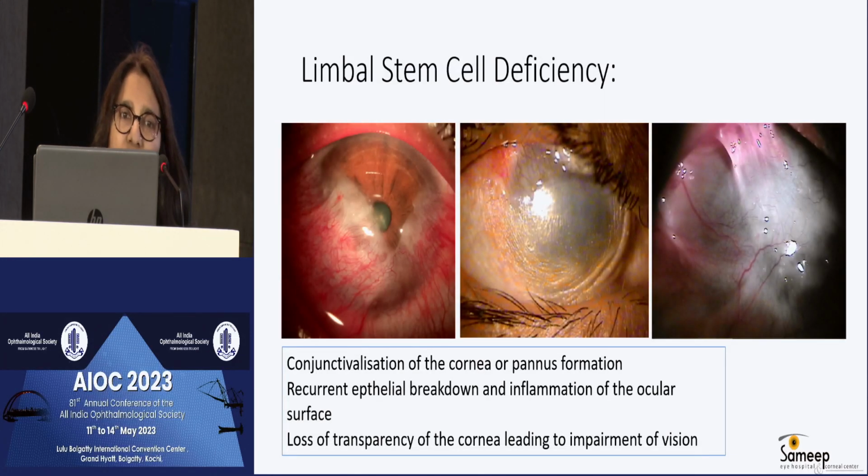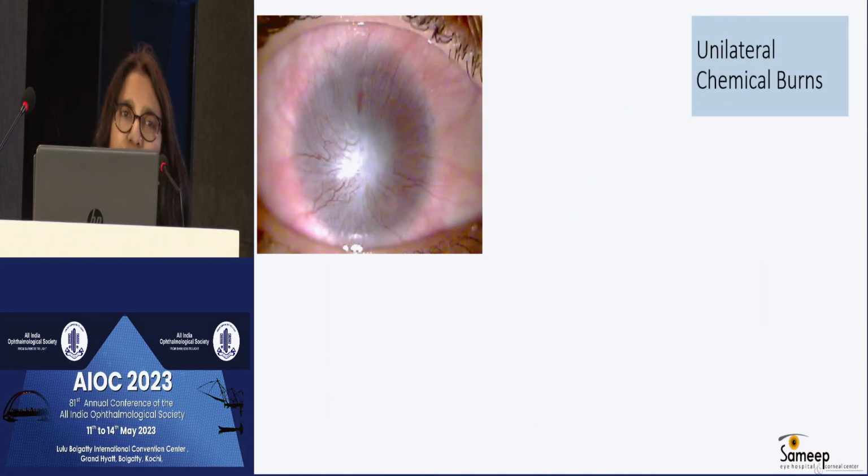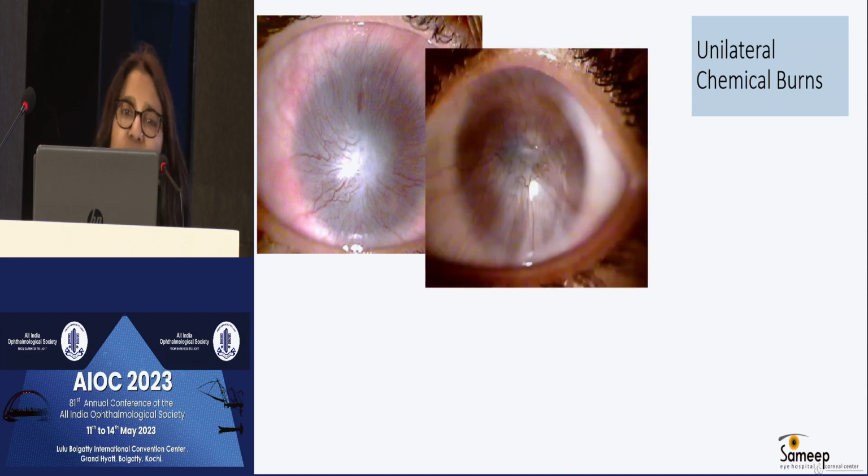So these are the clinical pictures of limbal stem cell deficiency. They present with conjunctivalization of the cornea or PARAS formation, recurrent epithelial breakdown, and inflammation of the ocular surface, loss of transparency of the cornea leading to impairment of the vision. If we look at the causes of limbal stem cell deficiency, almost 80% are contributed by chemical burns in unilateral injuries. So if we look at the clinical pictures, unilateral chemical burns can present with total limbal stem cell deficiency,